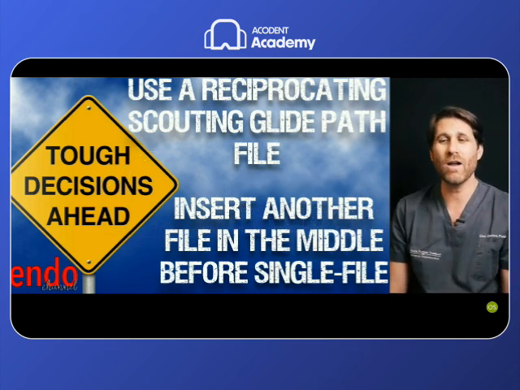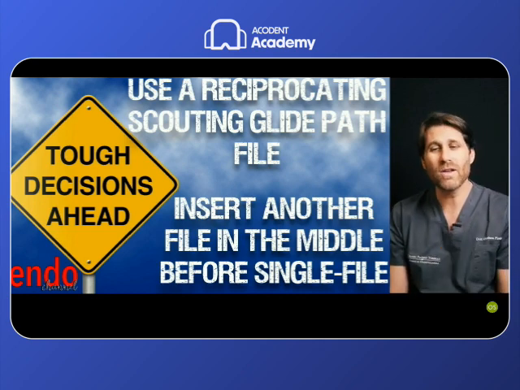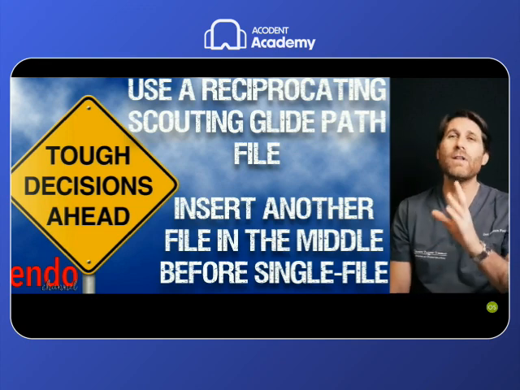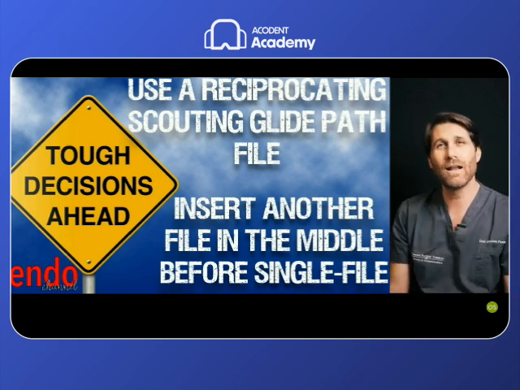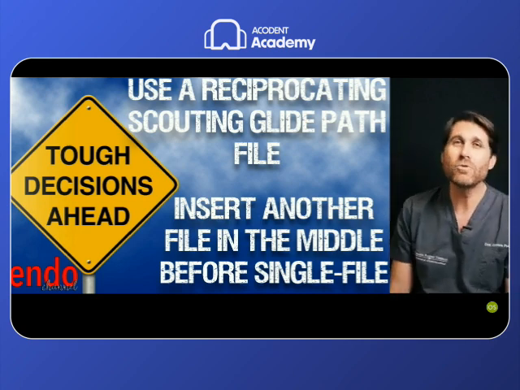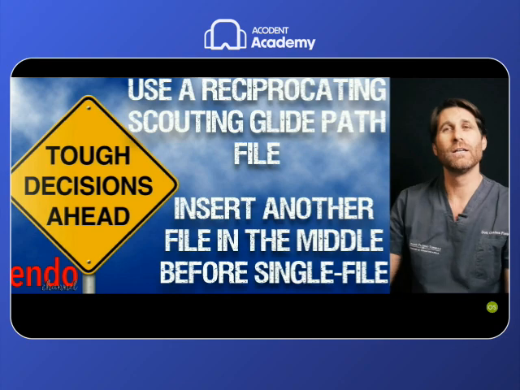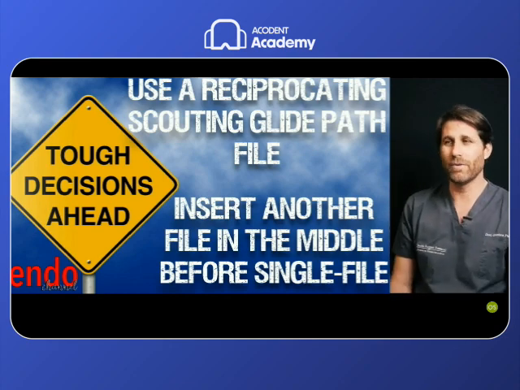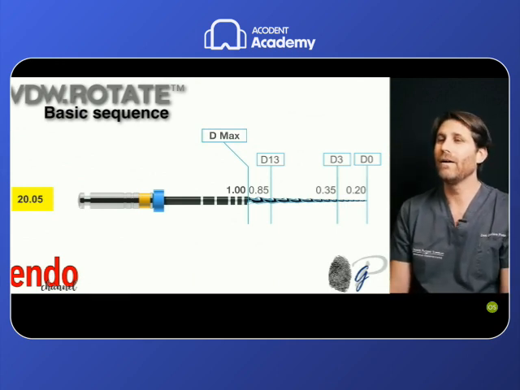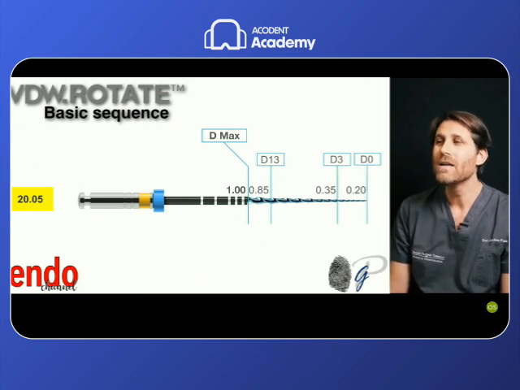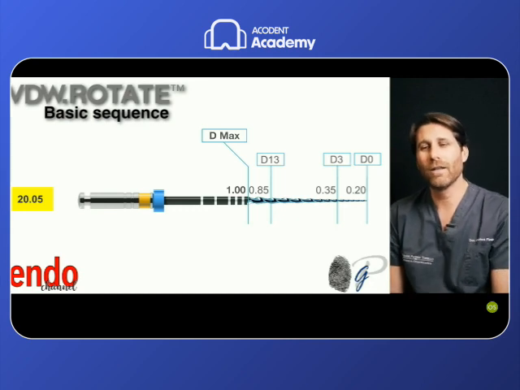This is in a very few number of cases, in which the root canals are so constricted, or have such difficult double curvatures, that after the glide path file, the Air Pilot file that creates the glide path and the preflaring, and before the use of the Reciproc Blue file, we should use another file to create a smoother preparation for our final file for preparation. So in this case, I like to use the VDW Rotate file, especially the 20 taper 5, because it's a very good size in the middle between the Air Pilot and the Air 25.